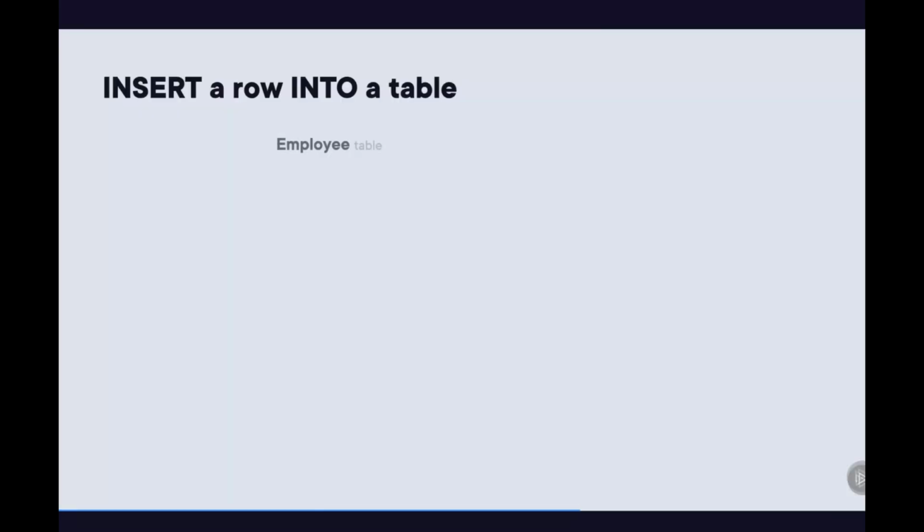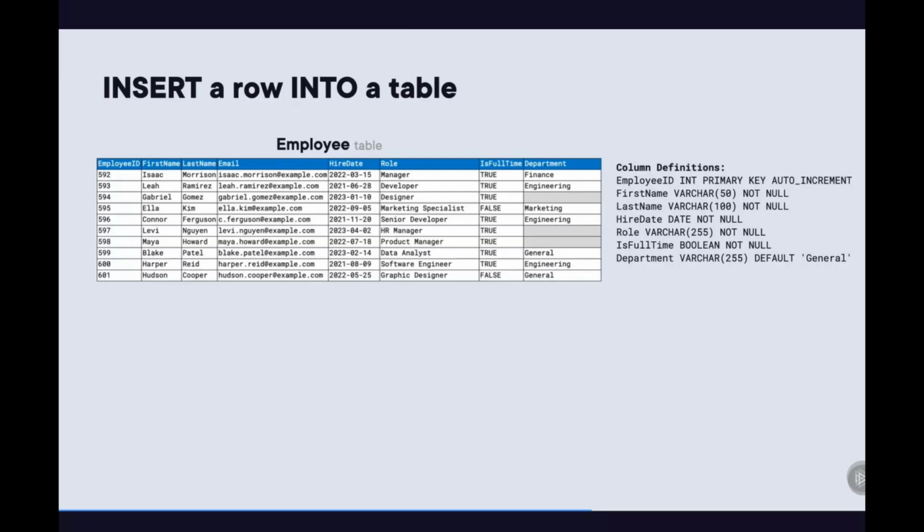So you can't say that you're going to provide 5 columns and then only provide values for 4 of them. Also, the data types have to be consistent. If a column is defined in the table as an integer, you can't then try and insert a string value into that column. So let's say we have a basic employee table that's been defined in such a way that